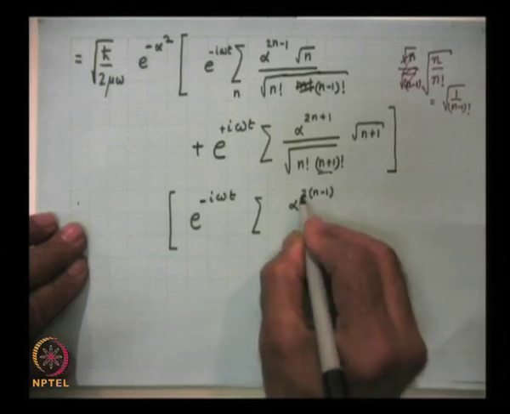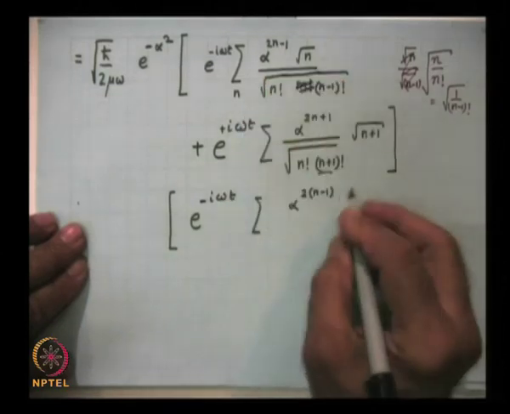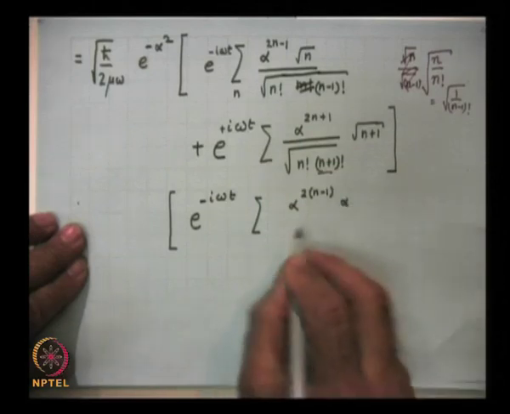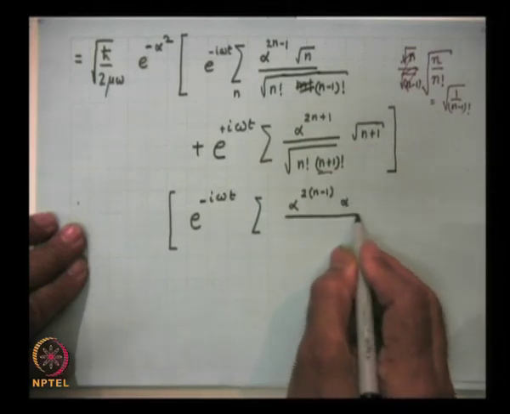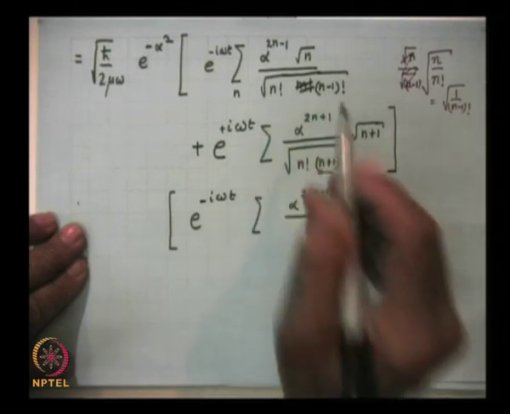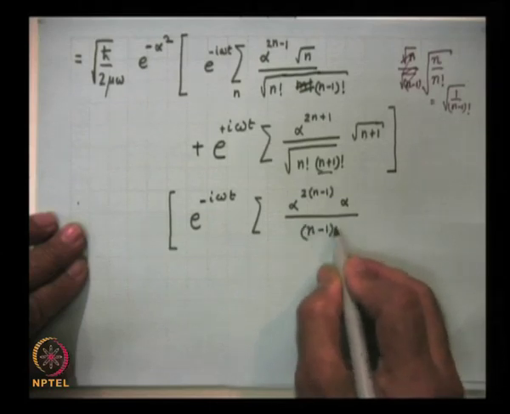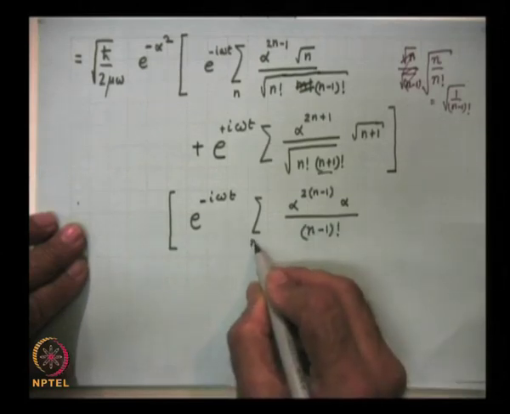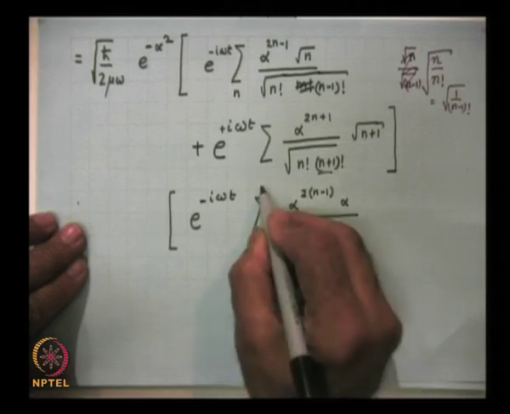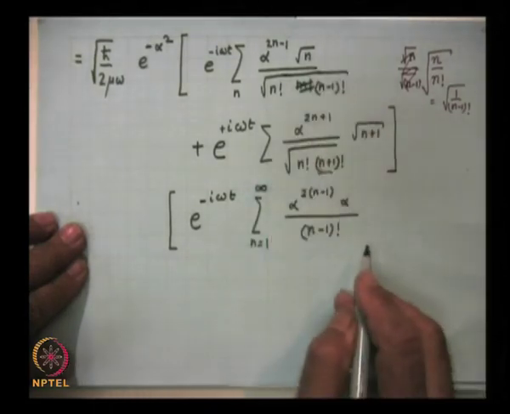So, this is 2n minus 2, but this is 2n minus 1. So, I must have an alpha factor here divided by n minus 1 factorial times n minus 1 factorial. So, that is just n minus 1 factorial, and this goes from n equal to 1 to infinity, because the n equal to 0 term is 0,